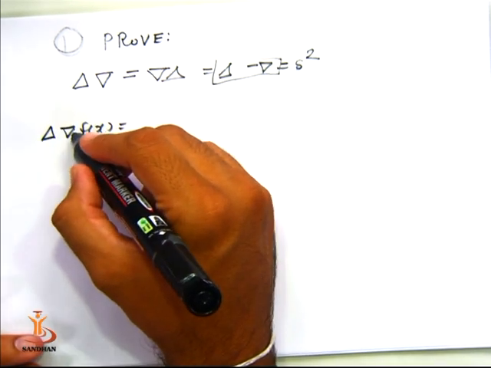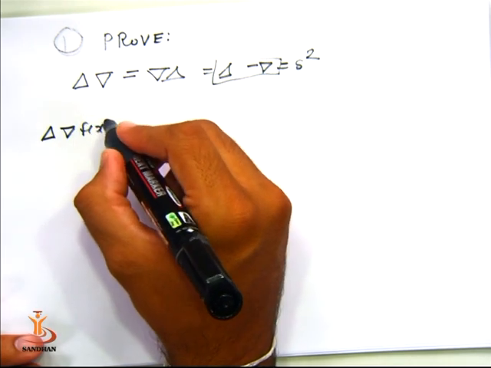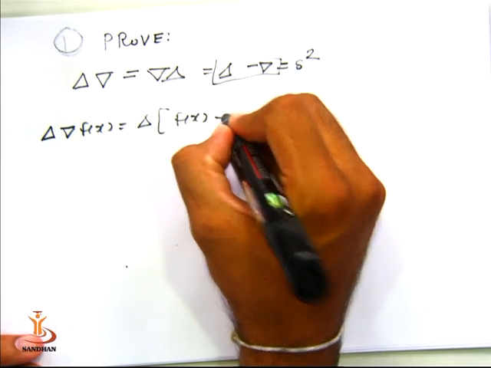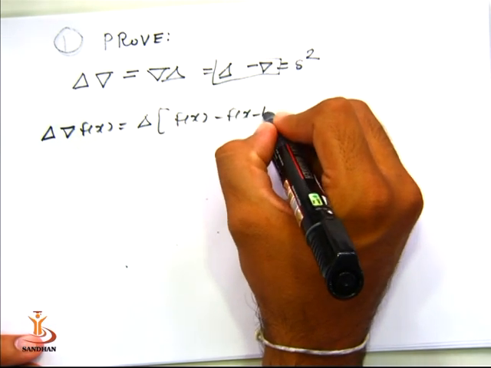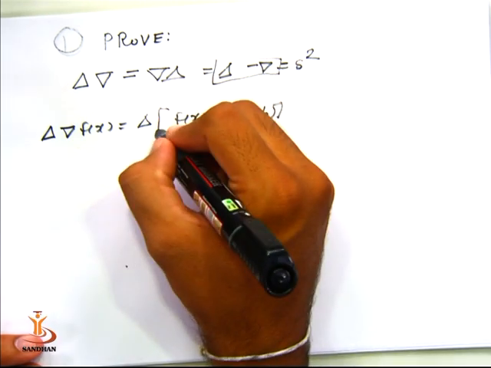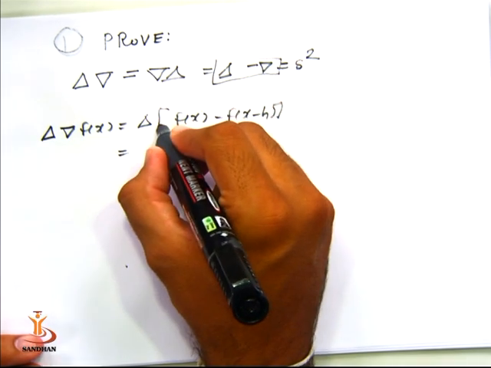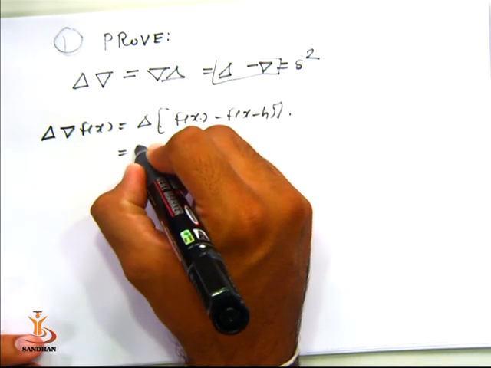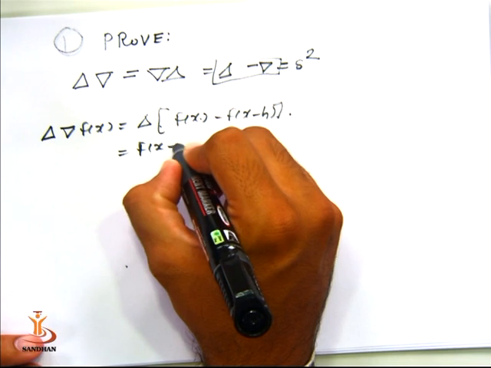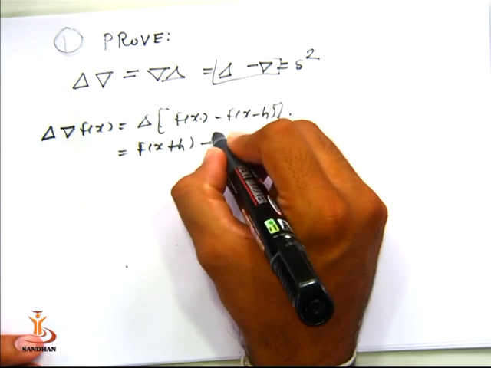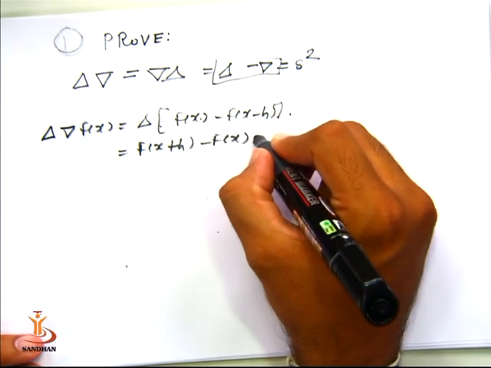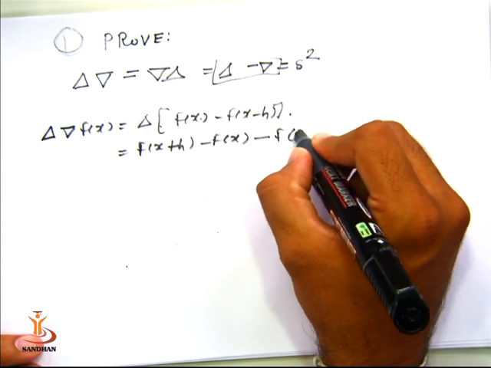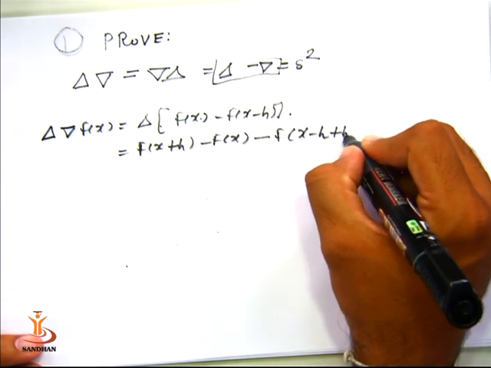So out of delta and nabla, first of all we will apply the nabla operator on f(x). You get the answer f(x) minus f(x minus h) according to the definition of the nabla operator. And now we will apply delta to both these functions, f(x) and f(x minus h) respectively. The very first term will be f(x plus h) minus f(x), and minus f(x minus h plus h)